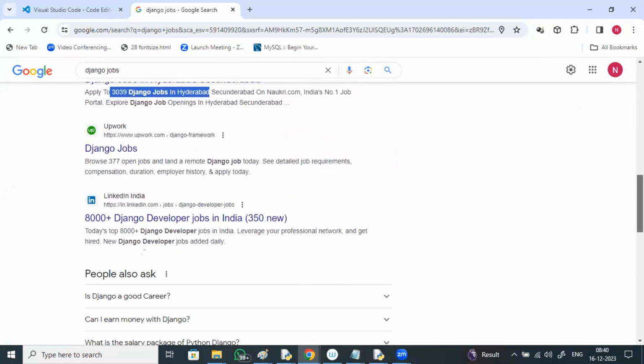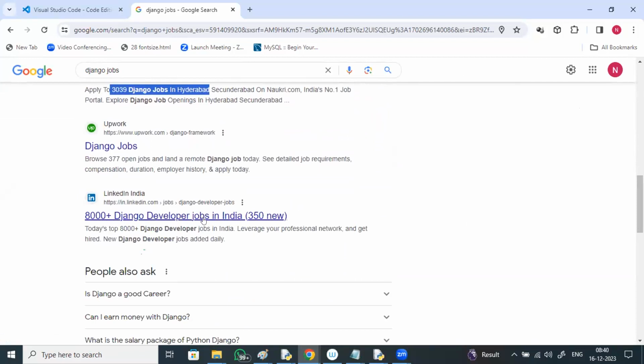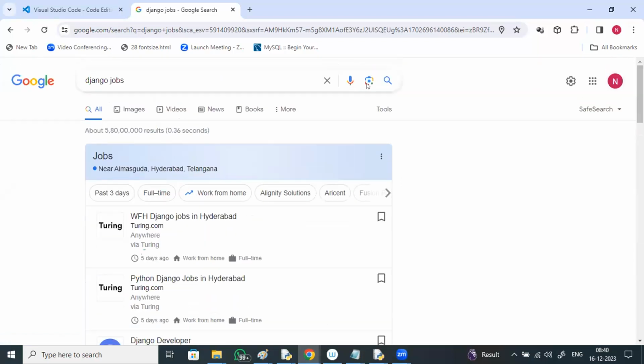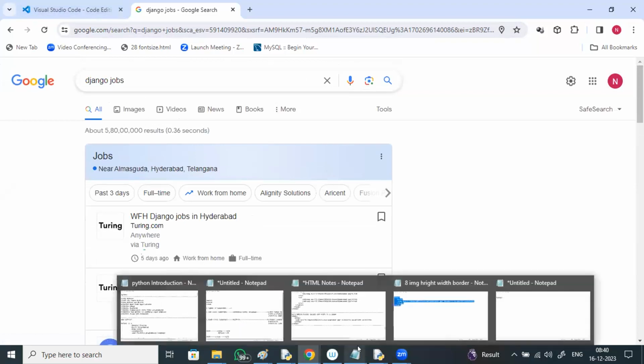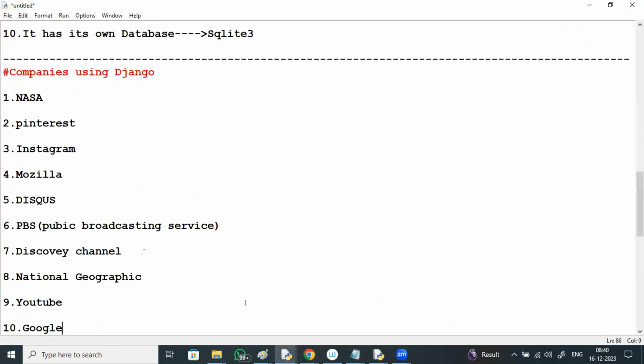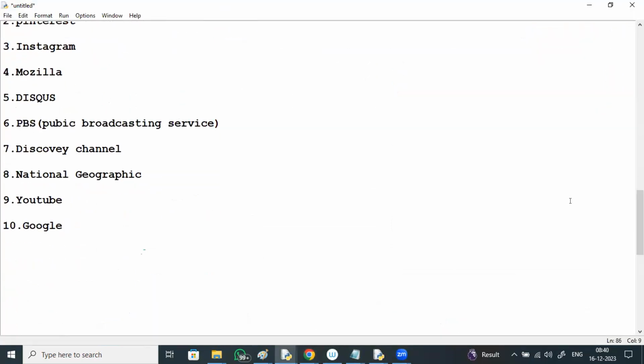So the competition is less, 8,000 plus Django developer jobs in India, and 350 are new jobs. 2,000 Django jobs and vacancies on 16th December. So if you have good command of this Django, right? Yes.